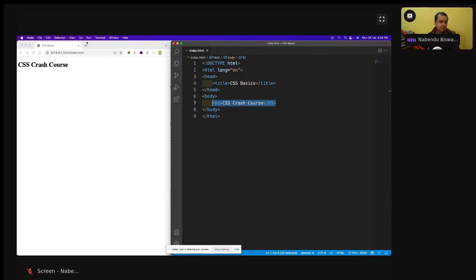So this is coming in black and white. By default, HTML comes black and white, but we're going to style it. So how to style it? The first way to style it is the inline method. So there are three ways. In the inline method, in the H1 only, I will come and here I will give style